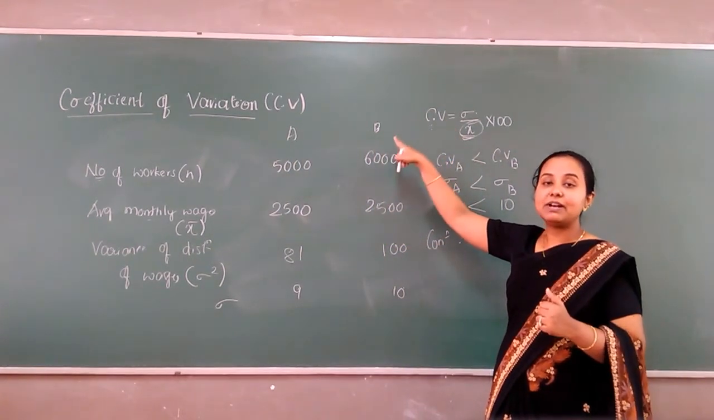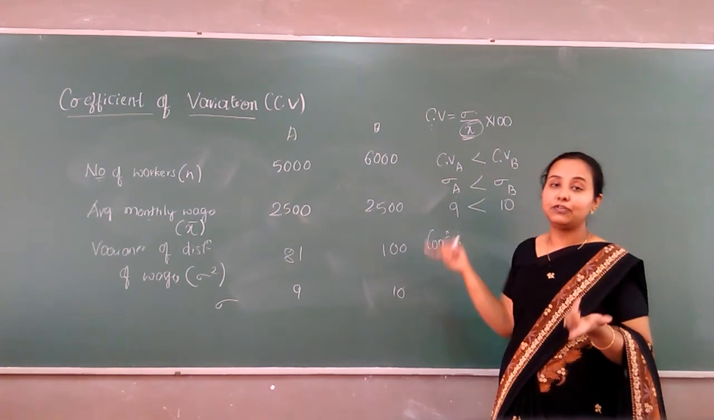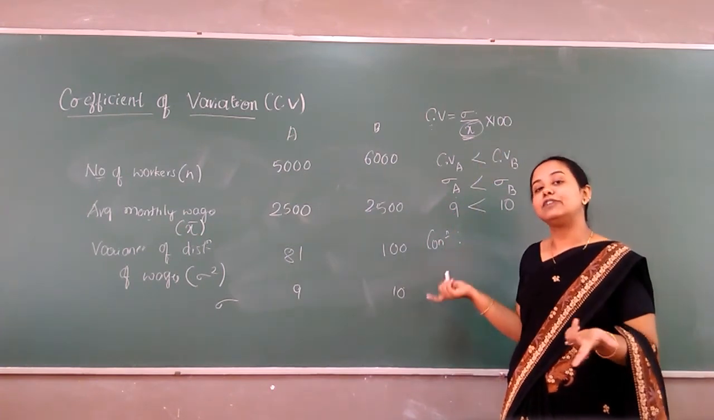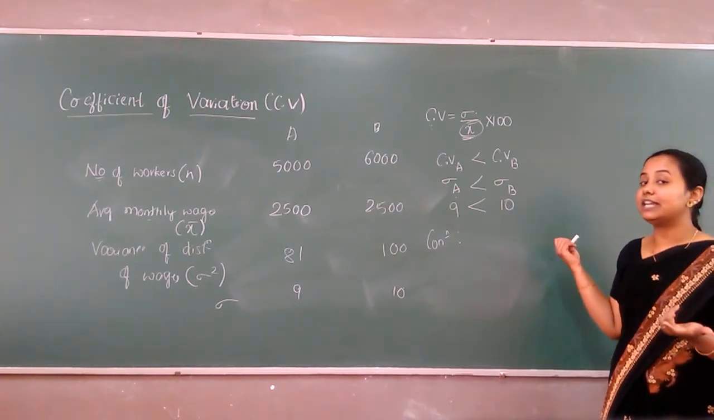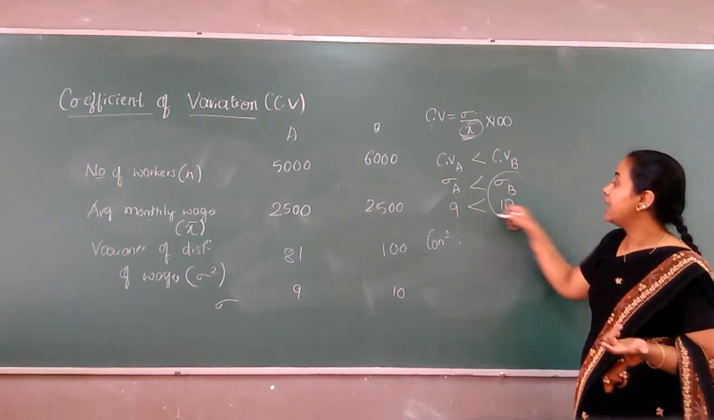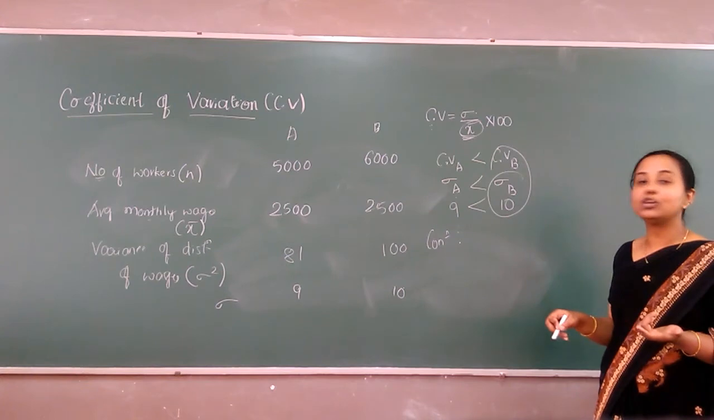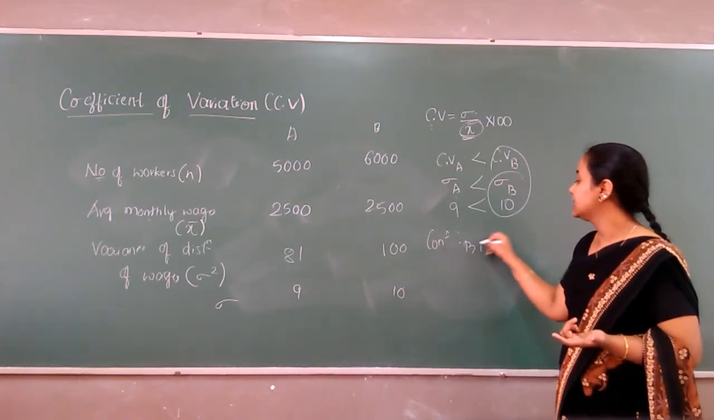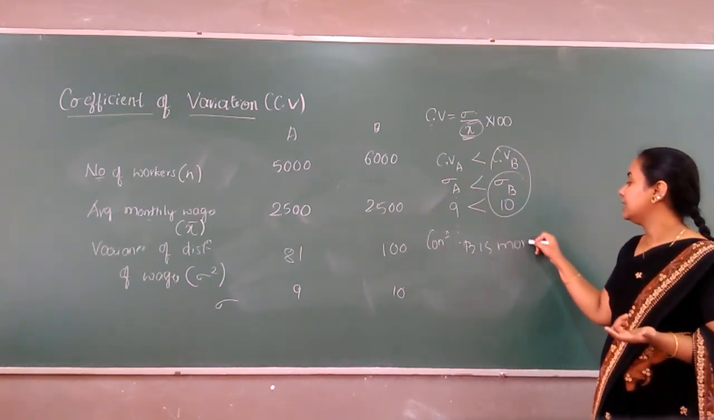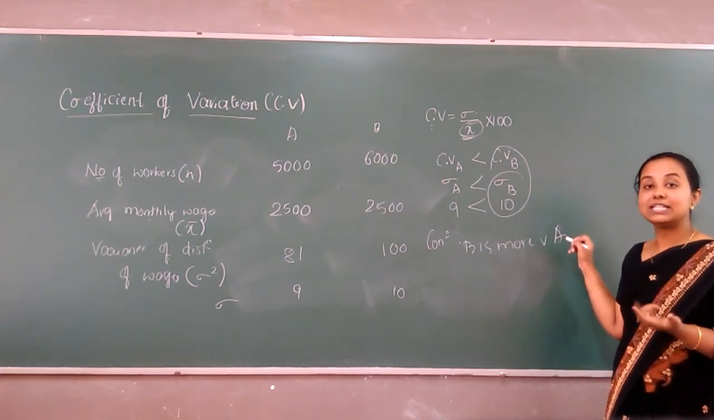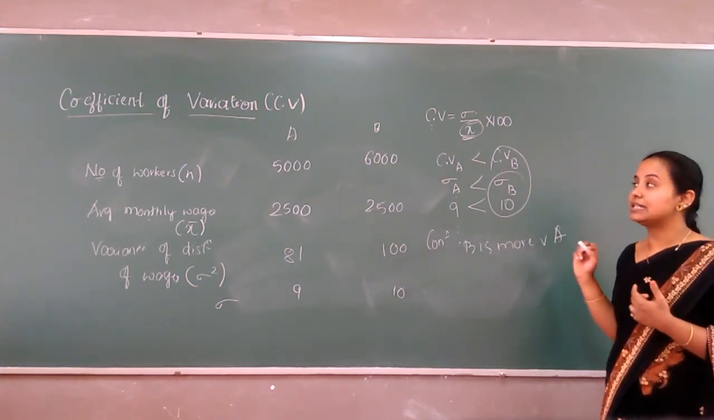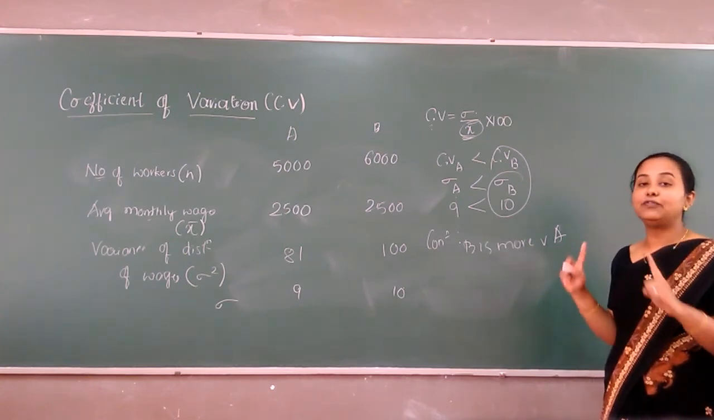Whichever plant has the greater coefficient of variation will be more variable. So which plant has greater variability? That is plant B. So what can you conclude? B is more variable compared to what? A. Because the name itself says, it is very simple. Understand here, students, coefficient of variation